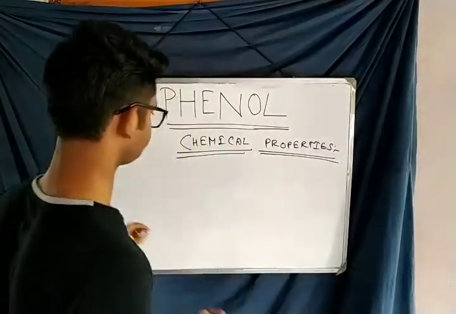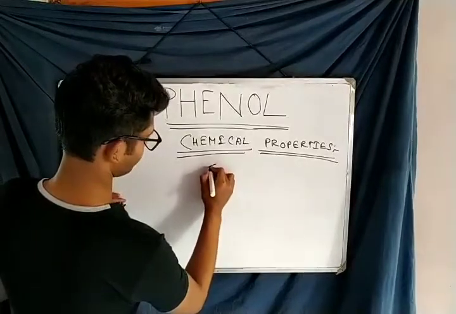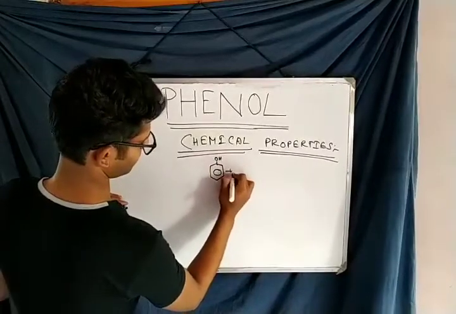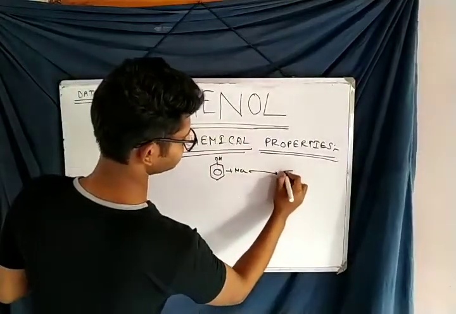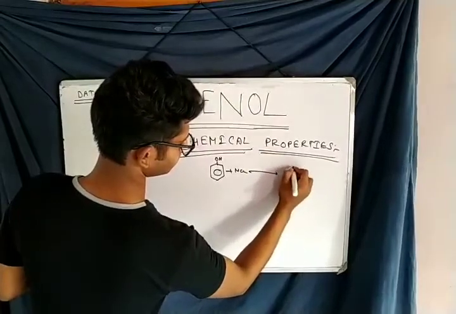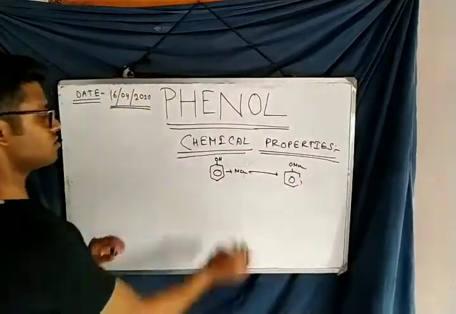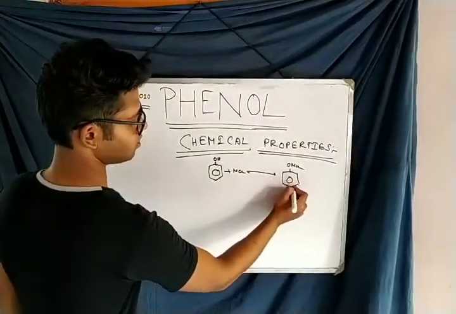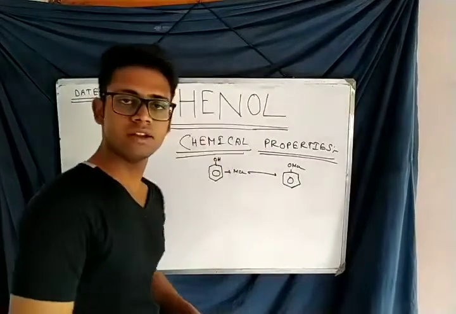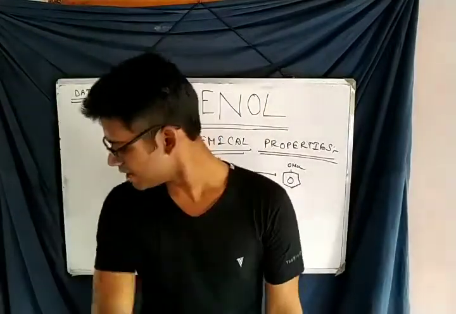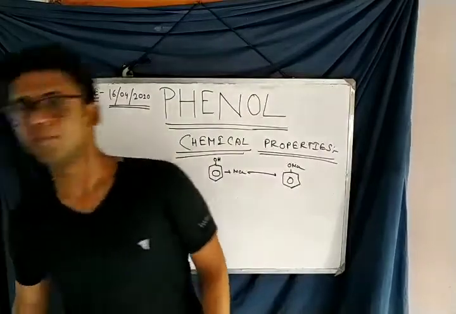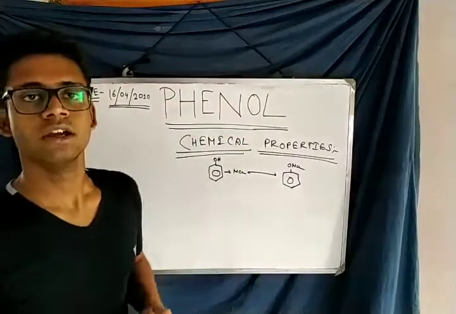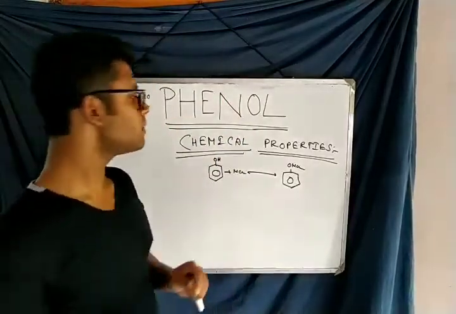What is the reaction? Suppose phenol reacts with Na, it forms ONa. The hydrogen is replaced by a sodium atom. So this reaction proves that phenol behaves as an acid. Basically, according to the comprehensive book of class 11 and 12 CBSE, the reactions of phenols are divided into the following two parts.